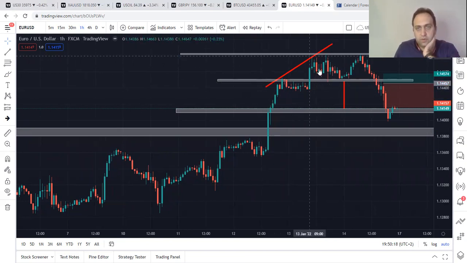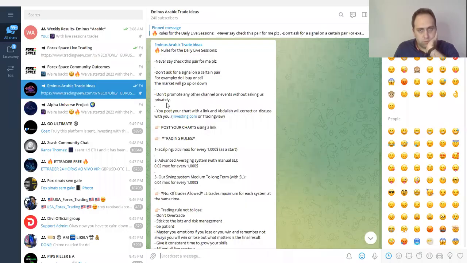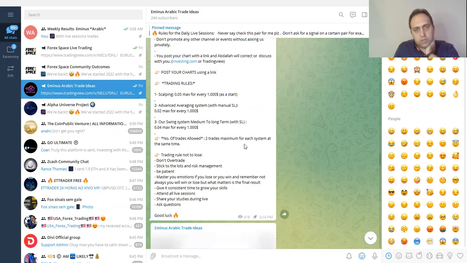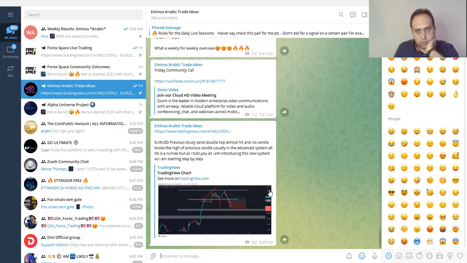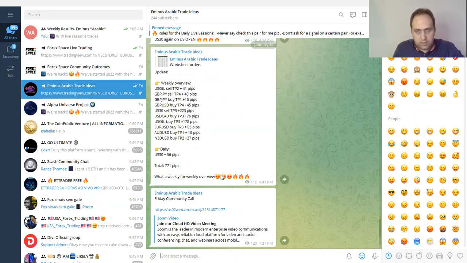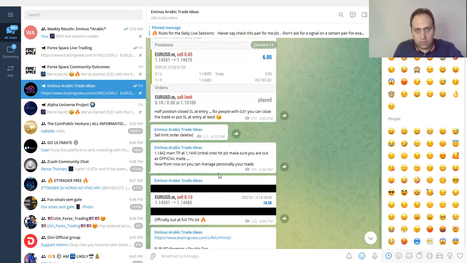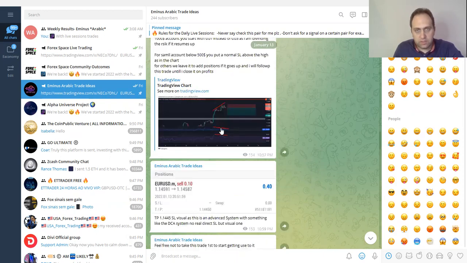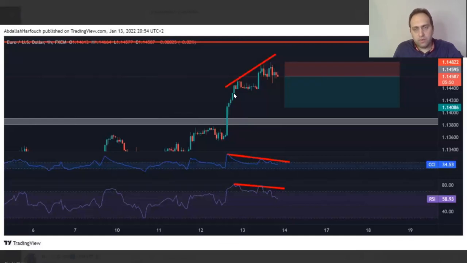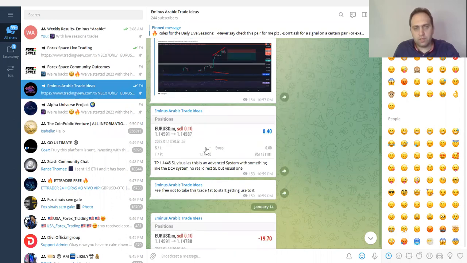Then for the sell, here you can see on the Telegram channel, I will go to the Telegram channel and I will show you. Look here. We went here and this is the bottom. As you can see, it was the euro dollar. We sent it once it was starting to be done, the advanced system, look, we sent it on the private Telegram. Like here we had the divergence, and I explained why I'm in, and I started with a very small lot.